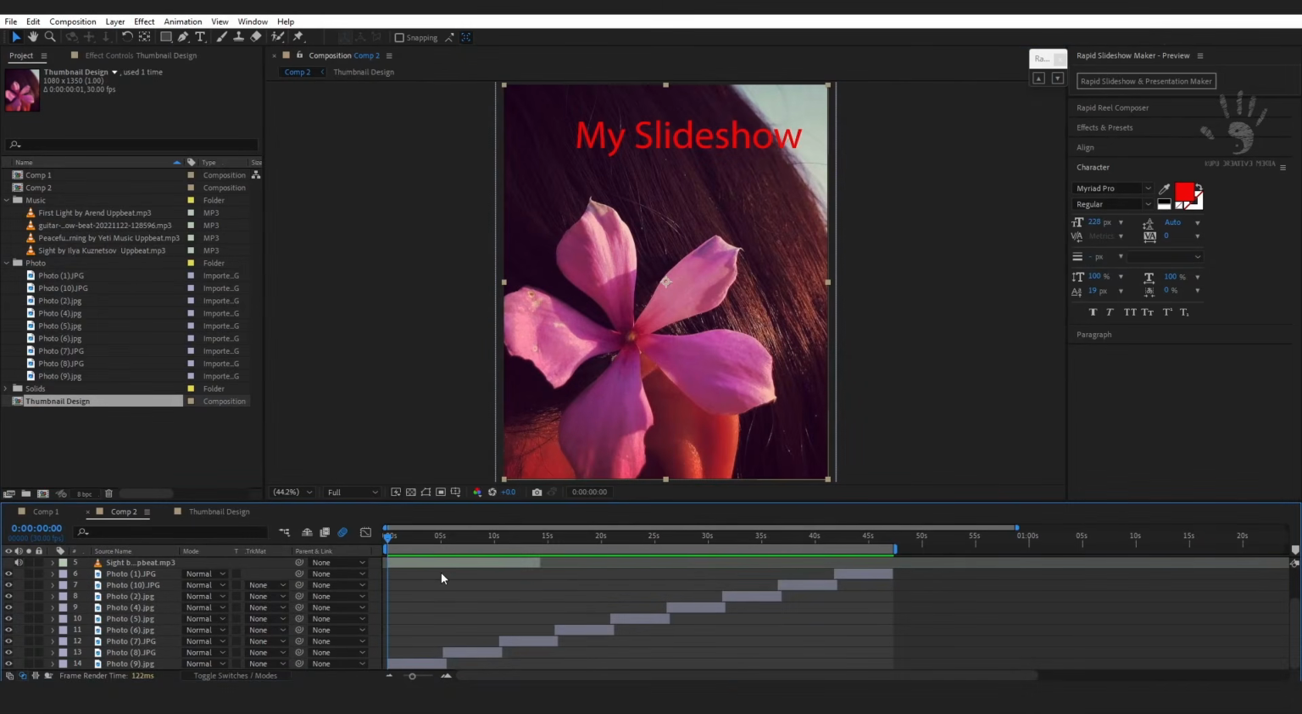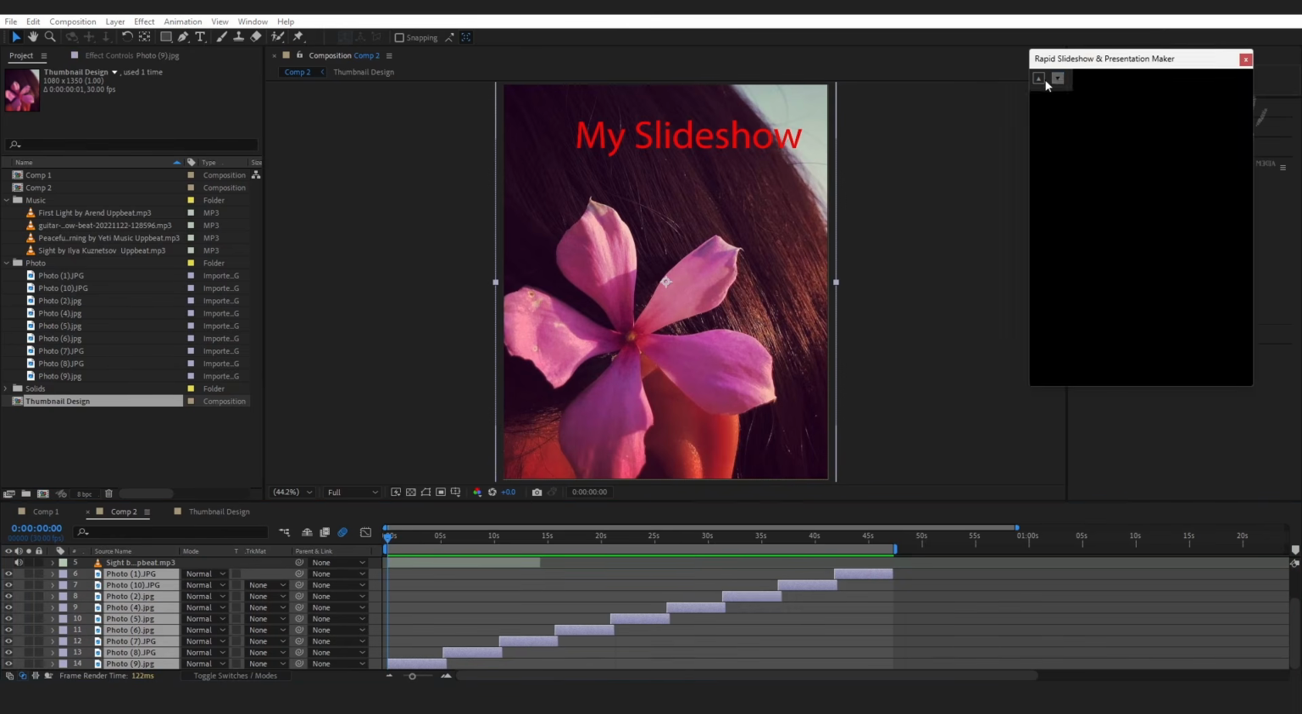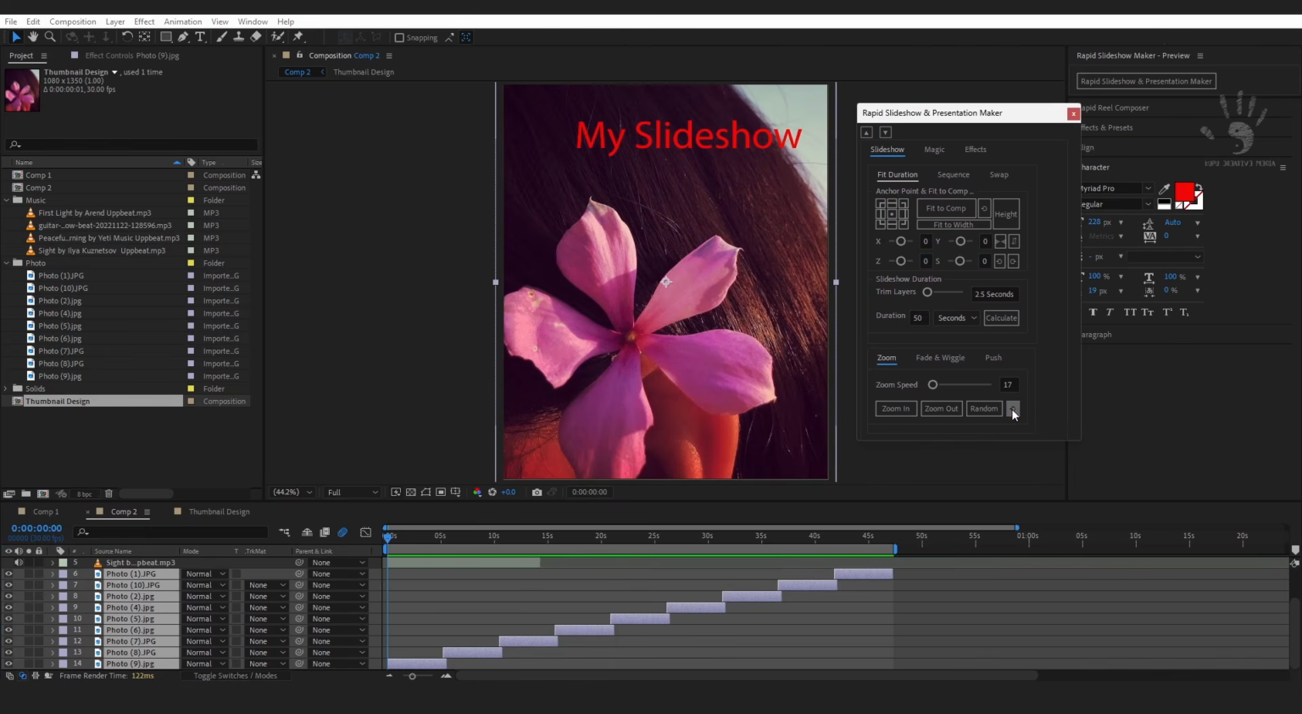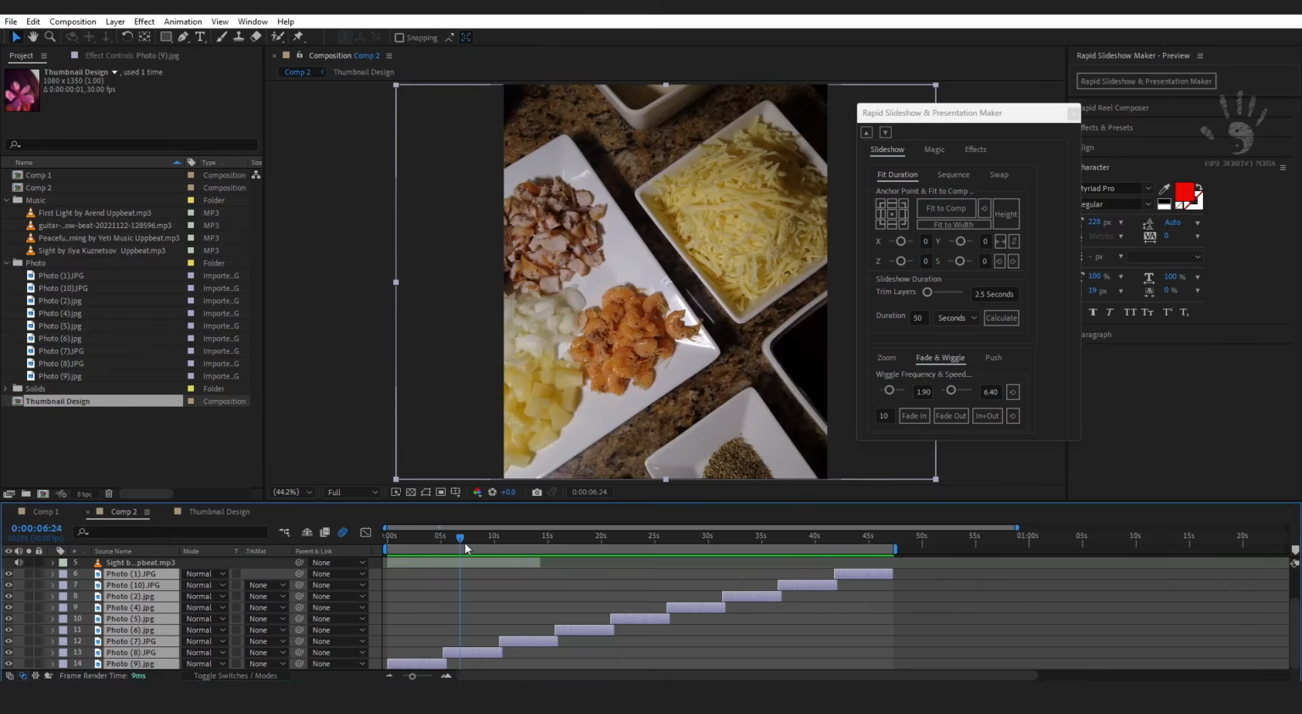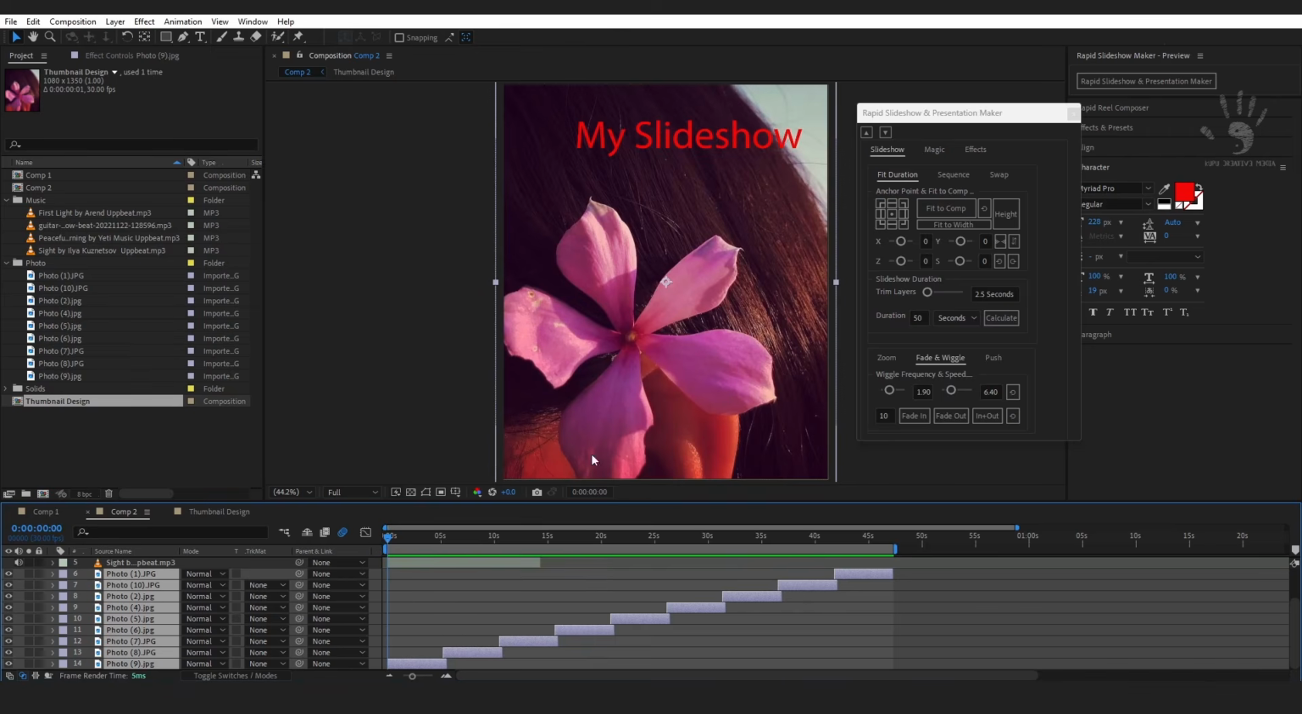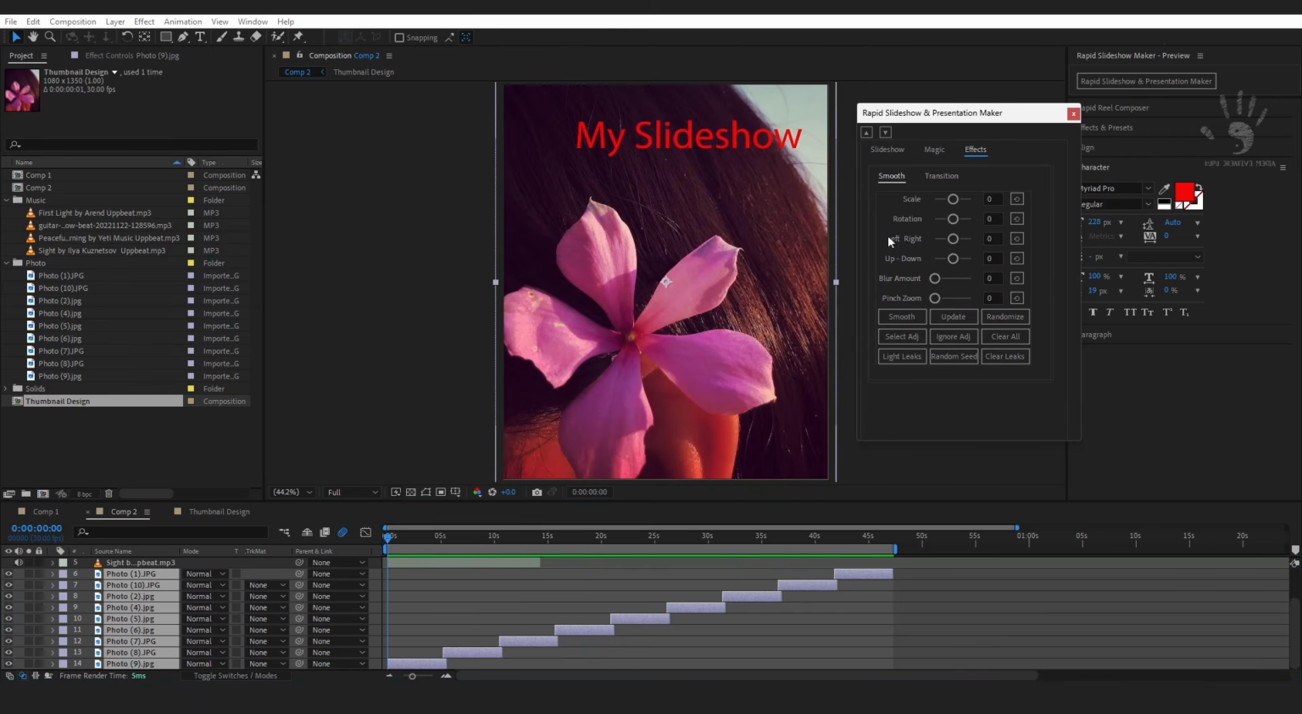Another powerful feature of this script is, if I just select all of them and clear everything, like zoom, the fade out and fade in and everything, right now it's just a plain, simple slideshow. Go to the effect and we have a smooth effect. If I just click on this, select all of them and then click on smooth,